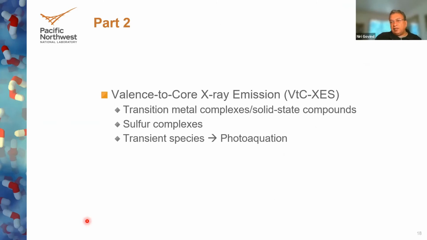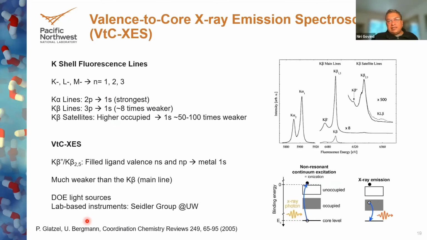So we're looking at the valence-to-core X-ray emission in this case, and I'll illustrate that with a few examples as well. Again, this audience doesn't need an introduction to X-ray emission spectroscopies. As we all know very well, the K-alpha and K-beta lines are the strongest lines, but the valence-to-core X-ray emission lines, which are de-excitations from the highest occupied valence orbitals to the core hole, in fact,